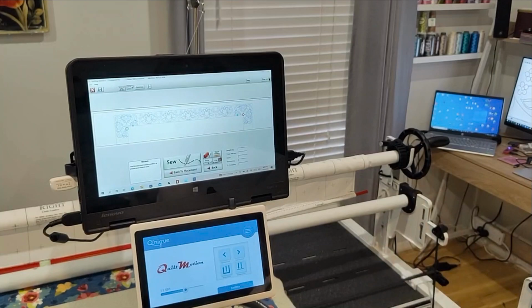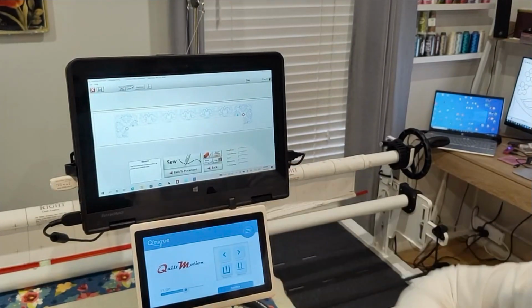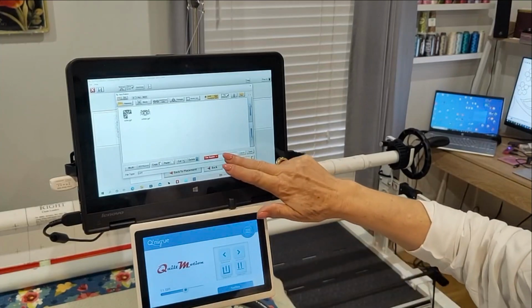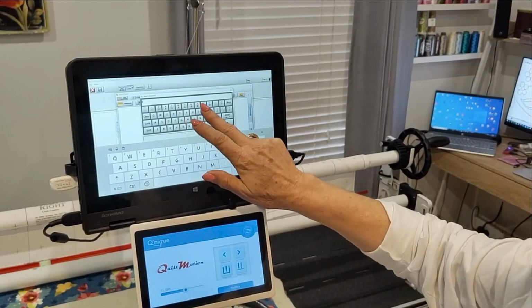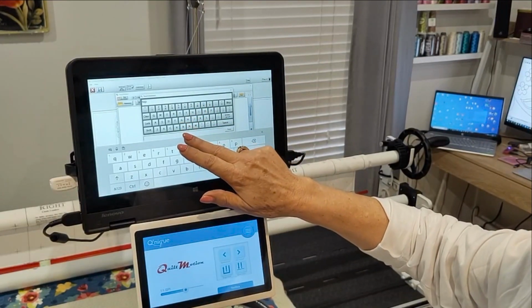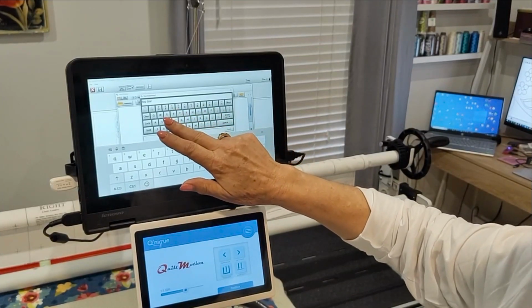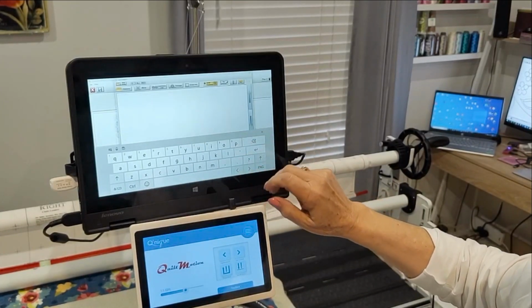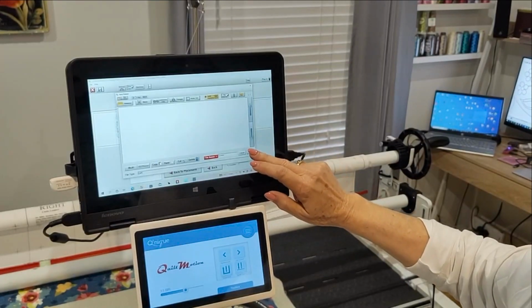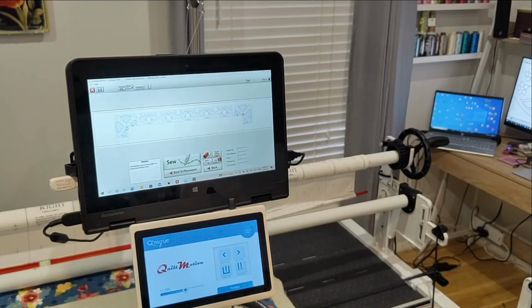Now, it's in here, and I'm just going to quickly save it. It's always easier to save because life happens, and I'm just going to call that my top border. I'll put a space. And save it. Just because life happens, I could be halfway doing something and